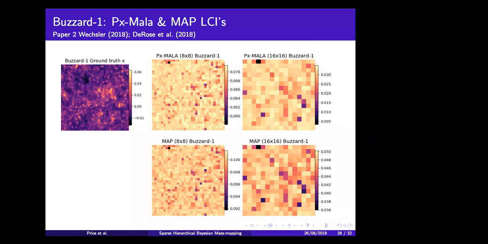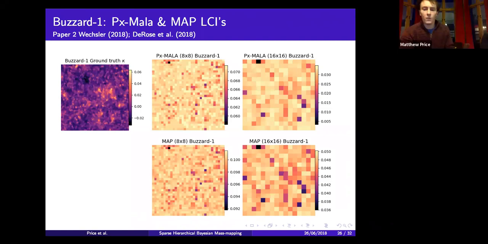Could you say, when you say that the uncertainties have an RMS error of 15%, is that the size of the interval or the probability content? So how we calculated that is you take the true map, and you calculate the average root mean squared error between that uncertainty map and our recovered uncertainty map. The details are in the paper if you want some more. It's basically a measure of how close these two maps are.